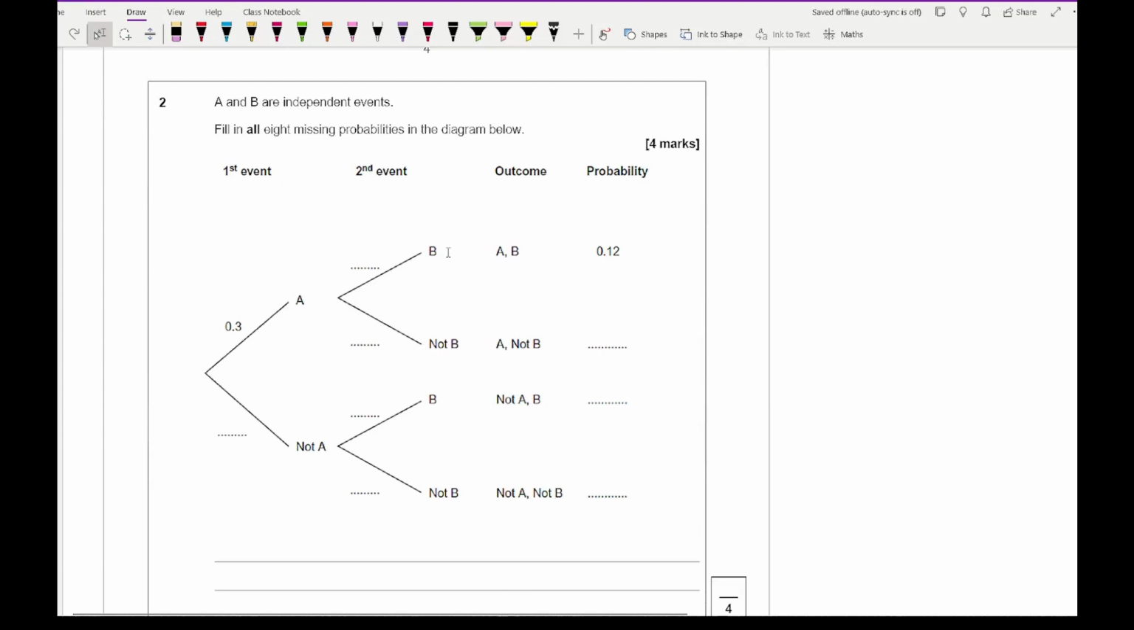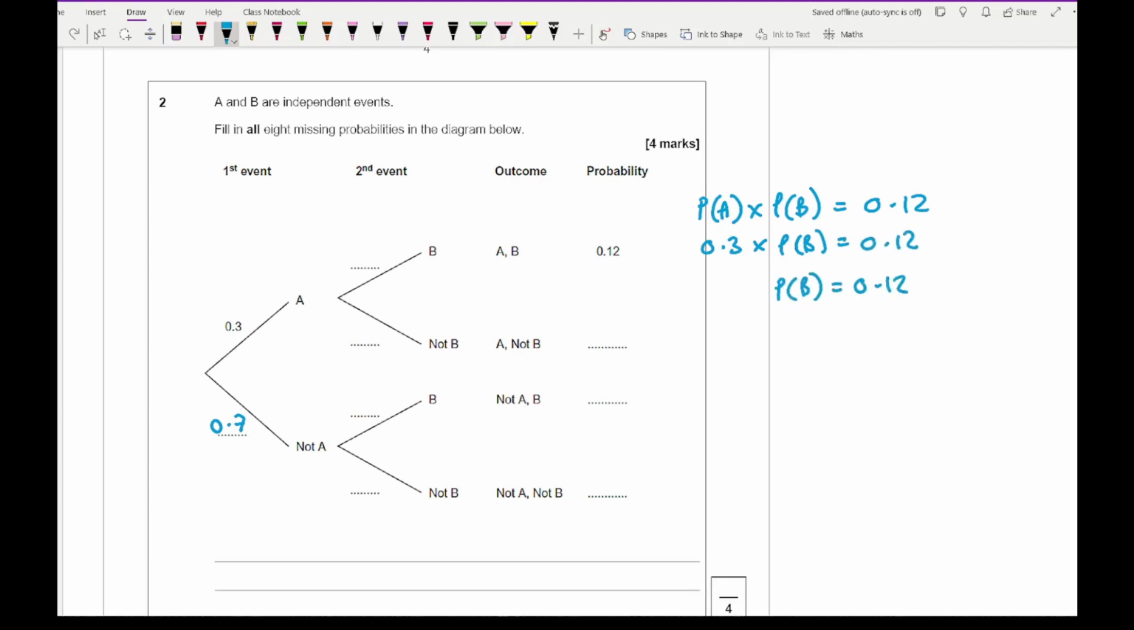Then moving on to question 2, it says A and B are independent events. It says fill in all 8 missing probabilities in the diagram below. So remember that if the probability of A is 0.3, the probability of not A is going to be 0.7. Now we've got the probability of A multiplied by the probability of B equals 0.12, because they are independent, so we just multiply them. We know that A is 0.3,